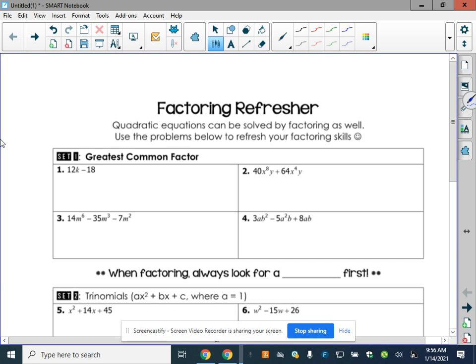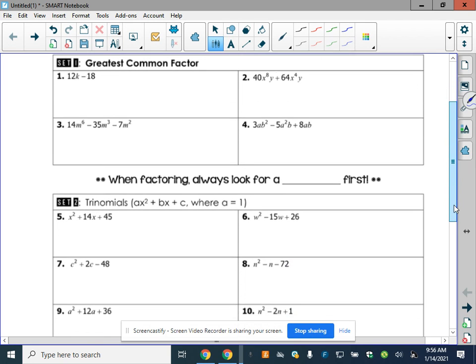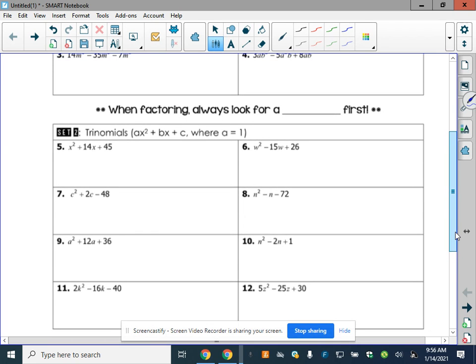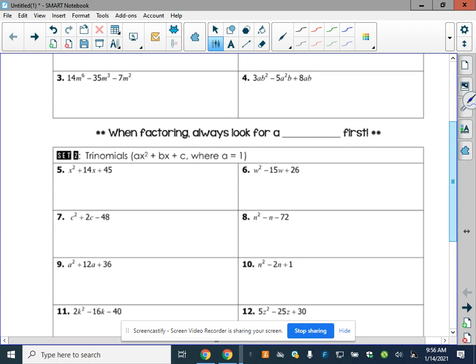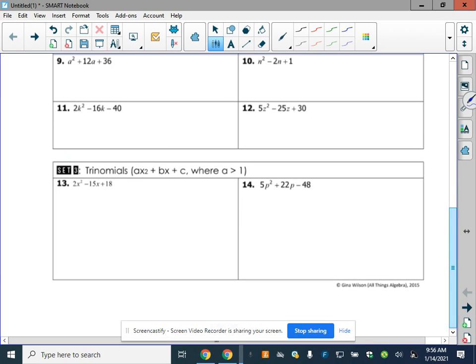Okay, I need for you to get this same note sheet out. This is the last kind of factoring that we'll learn. We talked about set 1, greatest common factor. We talked about set 2, which was factoring when the leading coefficient is 1. And remember, you always have to take out a GCF first, with any kind of factoring that you do. So let's do set 3, which are also trinomials, but this time the leading coefficient is greater than 1,